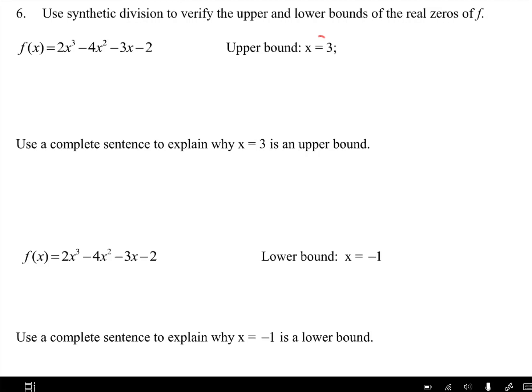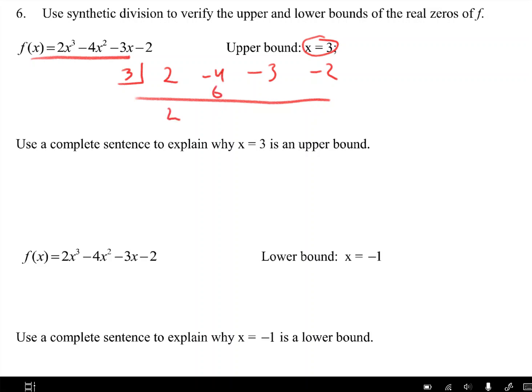So if I synthetically divide this by 3, so I've got 2x to the third, negative 4x squared, a negative 3, and a negative 2. Be careful. Remember, if there's not any x's, I would have to put a 0 here. Synthetic division doesn't work if you don't put the placeholders in. So I do synthetic division, and I add down, multiply these and put it here. Add down, multiply 6, add down, multiply,